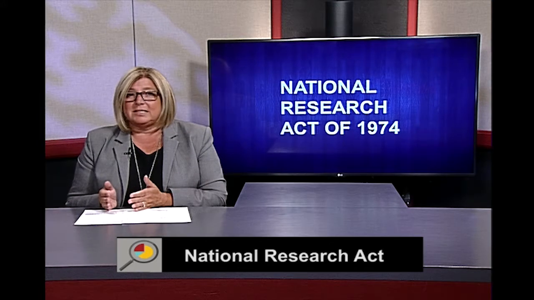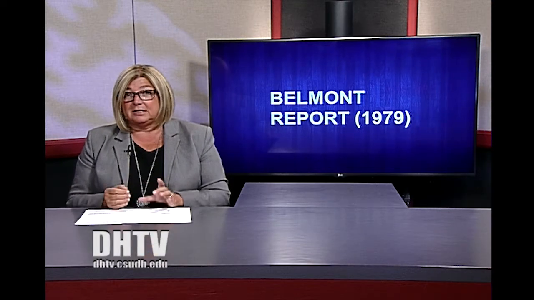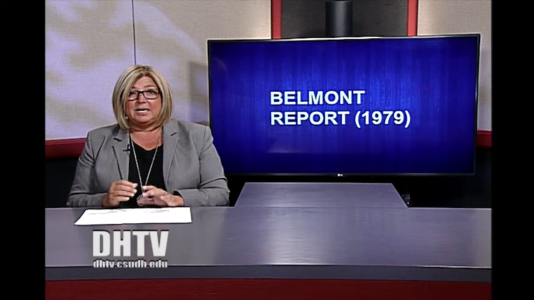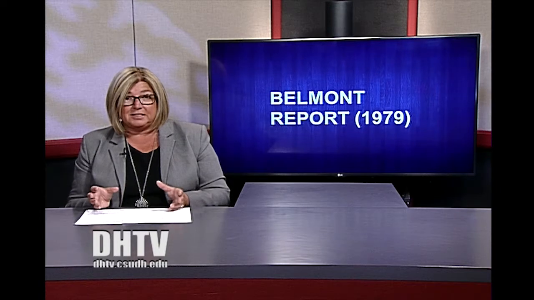The Belmont Report was in 1979, and this is when we started to get some details about some of the rules that needed to be in place or that were now required of researchers. So we started talking about this notion of human subjects. And before that, we would just call them subjects. So this report reminded us of the humans that were involved and spoke about reducing harm or eliminating harm. It also talked about the need for disclosure, so it speaks specifically about deception and the idea that we need to debrief our participants in our studies.